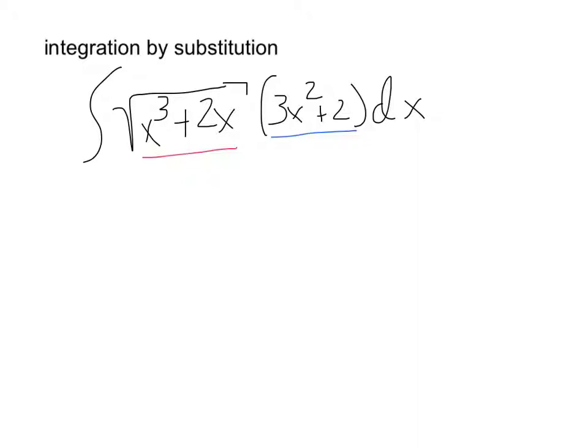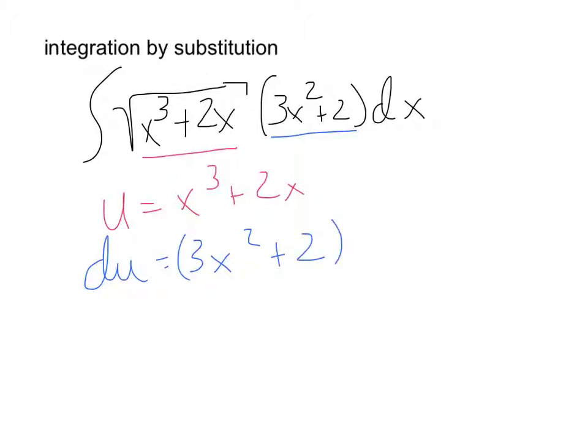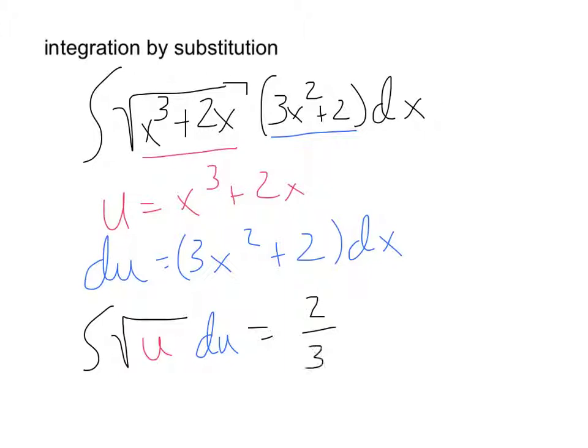So what we're going to say is we're going to let u equal x cubed plus 2x. Then du is equal to 3x squared plus 2 dx. What this allows us to do is take our integral, substitute u in place of x cubed plus 2x, and then substitute du in the place of 3x squared plus 2. Now this becomes an integral that we can integrate very easily, so that this becomes 2/3 u to the 3/2 plus c,